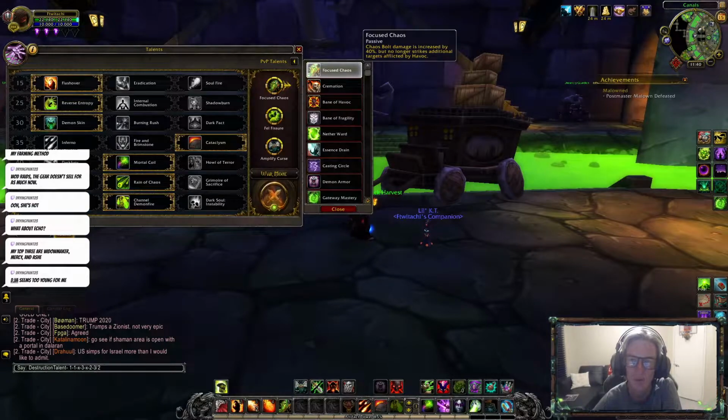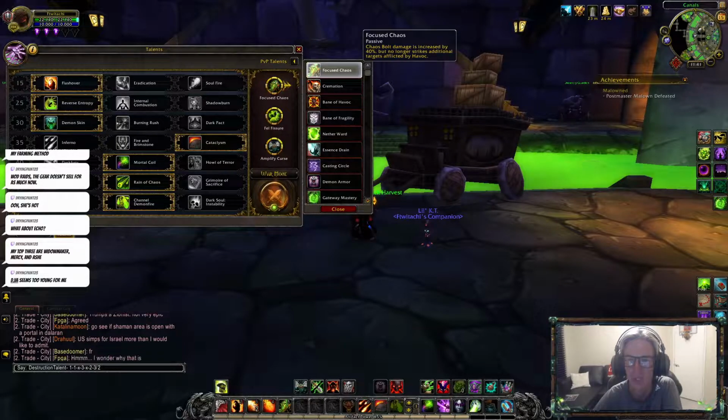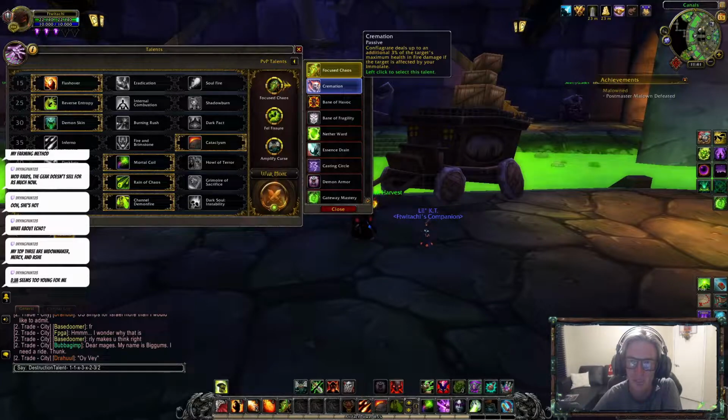Next up, we're going to go through the PvP talents going down the list, starting off with Focused Chaos. The passive ability, Chaos Bolt damage is increased by 40%, but no longer strikes additional targets afflicted by Havoc. You also have Cremation, passive. Conflagrate deals up to an additional 3% of the target's maximum health in fire damage if the target is afflicted